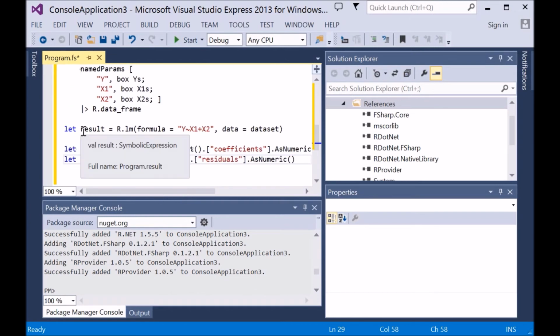Result is going to be a complex object, not just one thing. We are going to get result as a list. Those list elements are going to be named elements, and it looks as though I can pull out the coefficients as a named element and